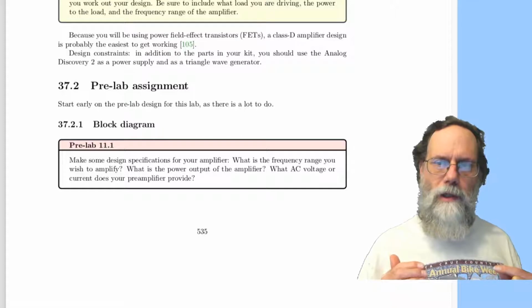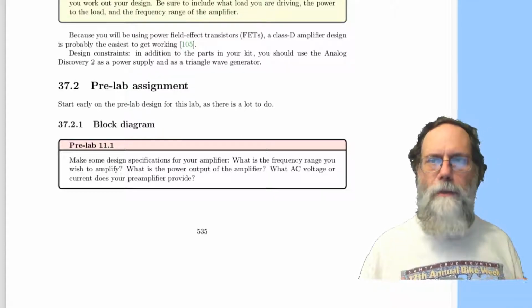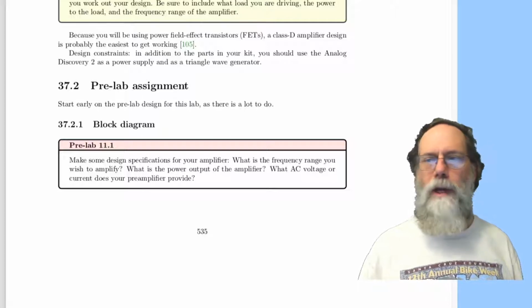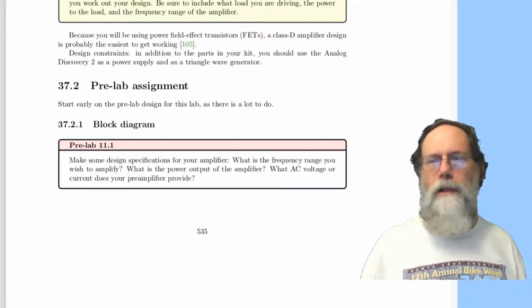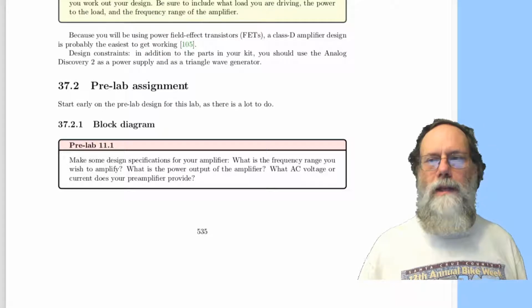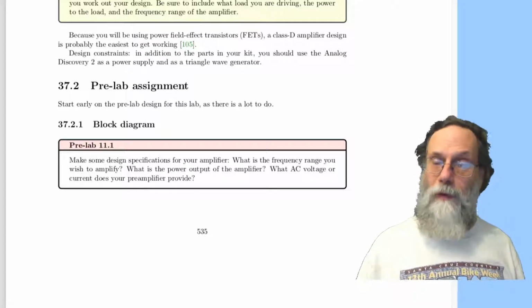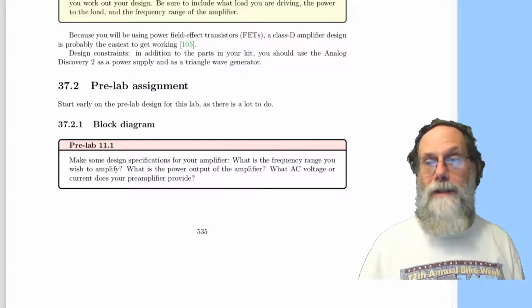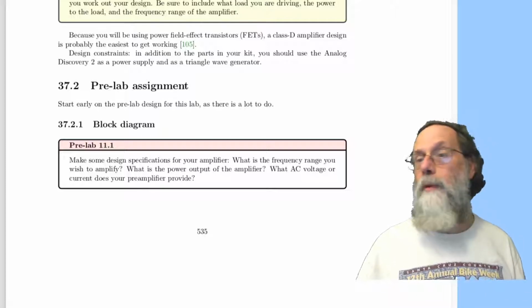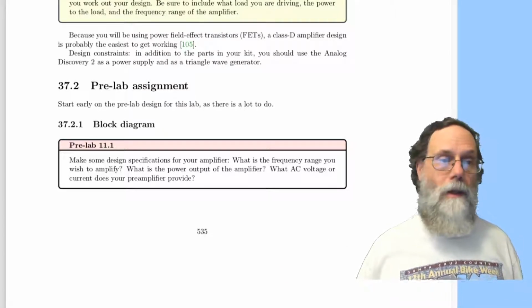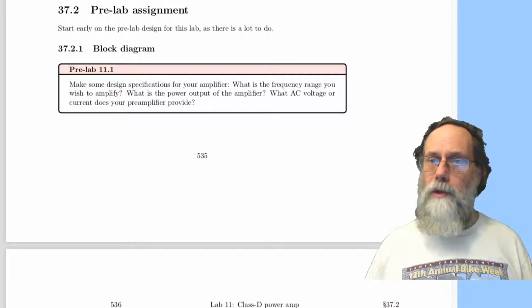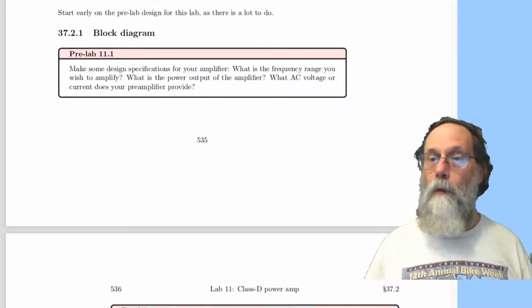And that's why I'm insisting that on all your block diagrams, every signal be labeled with all the information that's critical about that signal. And that could be frequency range, it could be voltage range, it could be current. It depends on what it is that you need to know for the blocks on either side of that signal. What is this thing output? What is this thing input? Okay, so once you've got the constraints of your overall design,